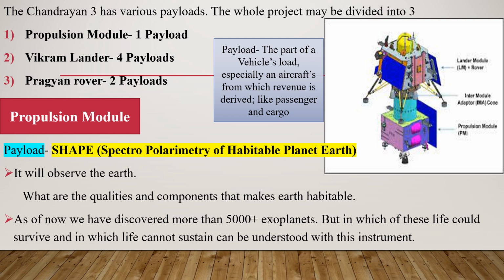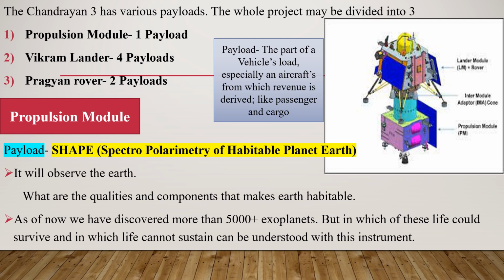The planets which in future might become our colonies are millions of light years away from us and can't be observed with any telescope, but the light coming from these planets could be studied by studying their visible spectrum. Visible spectrum means the spectrum of light which can be seen, but there are other rays too. When they strike an object, some of these rays get absorbed and some do not, and on the basis of this SHAPE will study how the rays coming from the Earth compare with the rays coming from the other exoplanets,